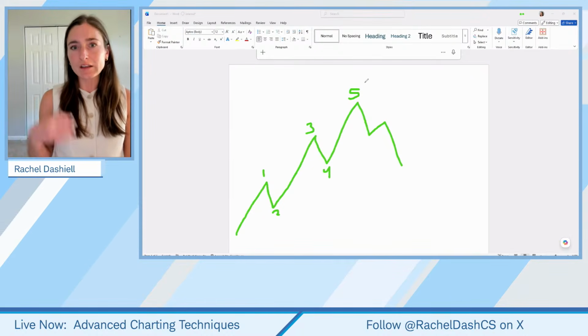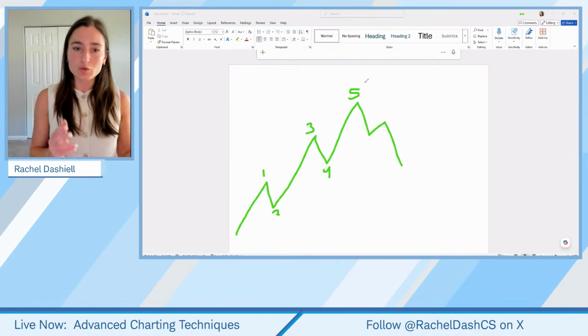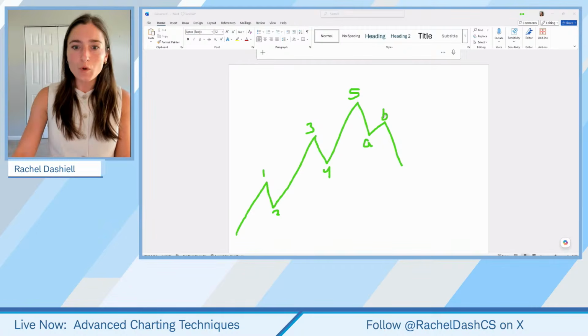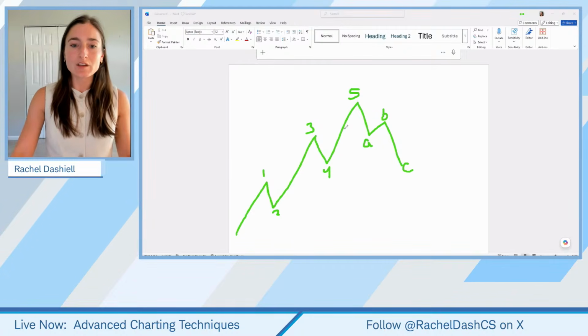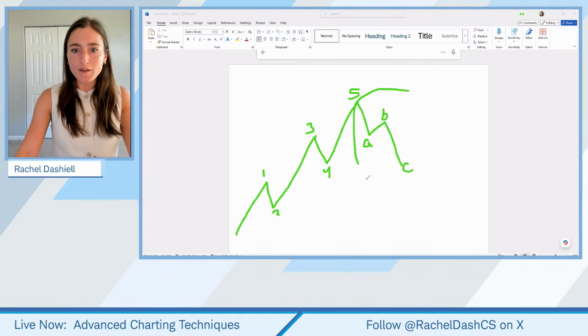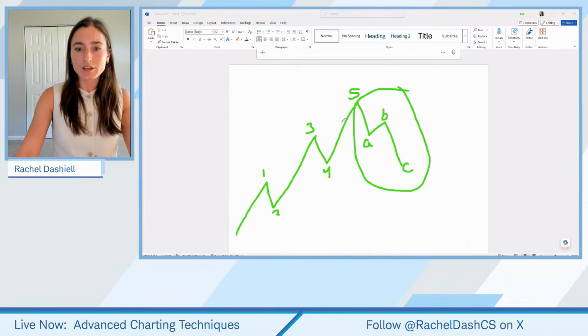So we talked about that in depth 2 weeks ago. So we have three waves in the primary trend direction. We have two smaller corrective waves, and then we have our three wave corrective wave here that is against that primary impulse. Okay, so what we're doing today is we are focusing on this part of the Elliott wave cycle,